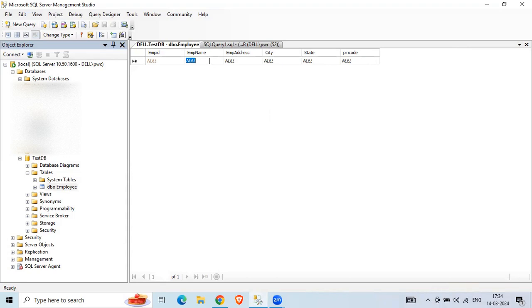So if you say that employee name is, then employee address, employee city, employee state, and the pin code, it goes like that. And after pressing enter, it will be inserted, and EmpID is generated automatically because it's an auto generated field. So this is one of the ways how we can insert a record into that particular table, but we have